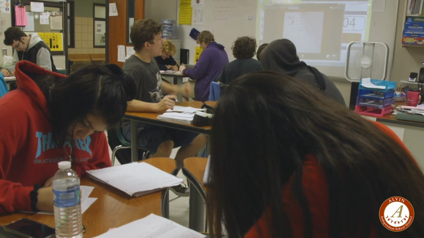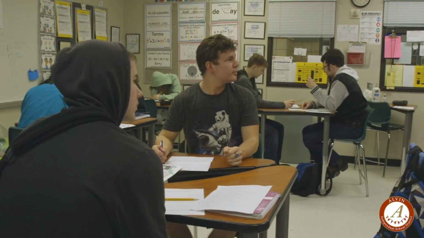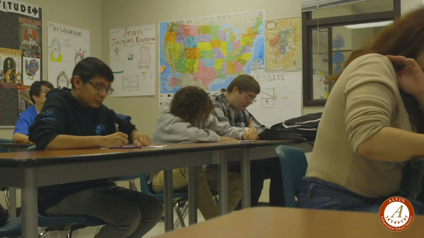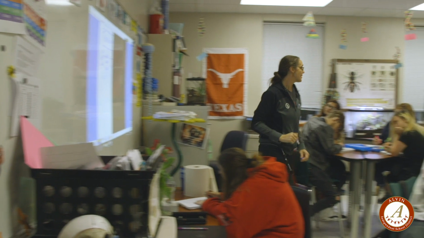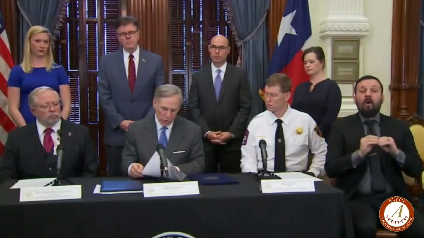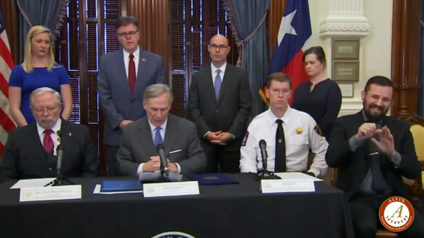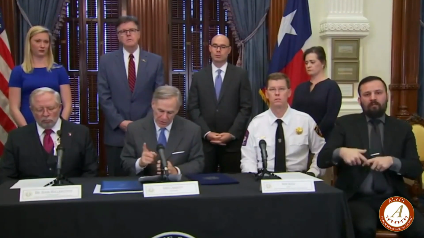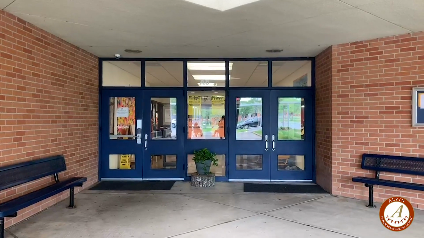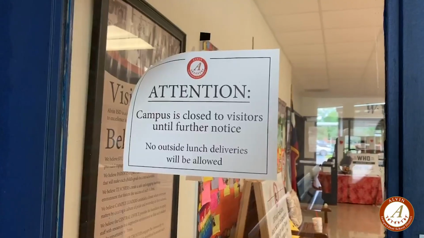During normal times, students would be learning how to solve mathematical equations, teachers would be showing new places to their students in geography, science projects would be shared, classrooms would be filled with learning. All schools in the state of Texas shall be temporarily closed, but this does not mean education stops.